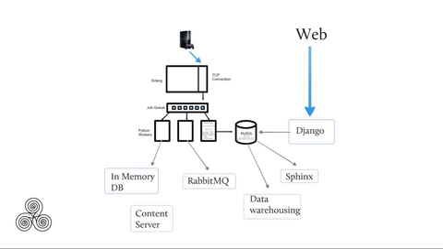So if someone wants to go onto a website and find out how they performed in the last 10 games, they send a request, basically use Django for this, and that is connected to the same data sources that are servicing game requests. And they can find out how they did in the last 10 games without logging into their games console. We have a data warehousing as well, which basically harvests all the information